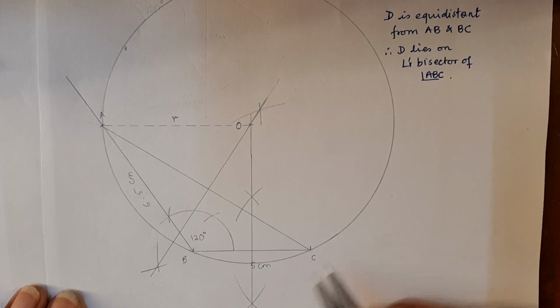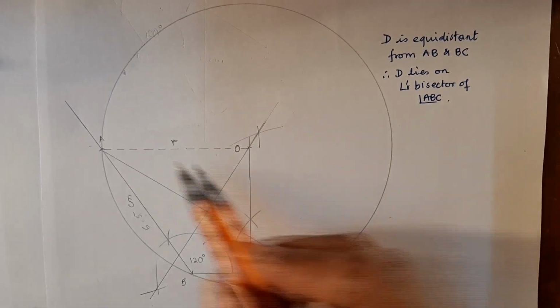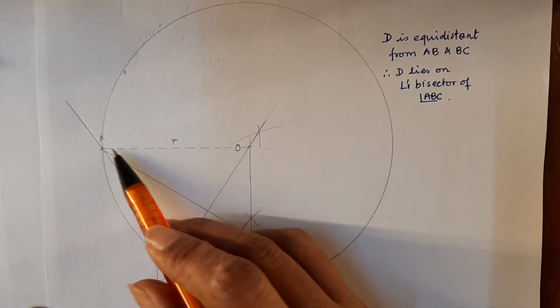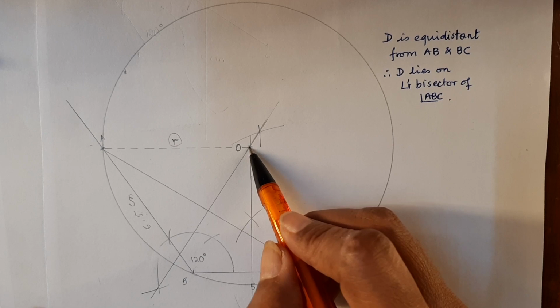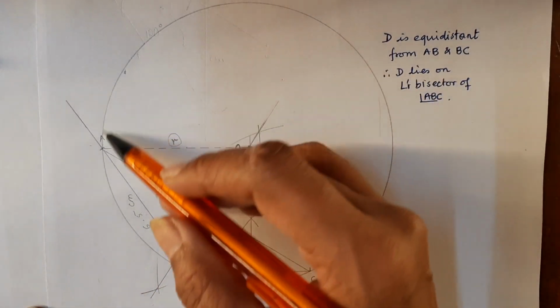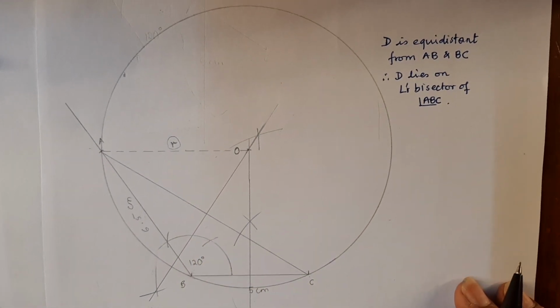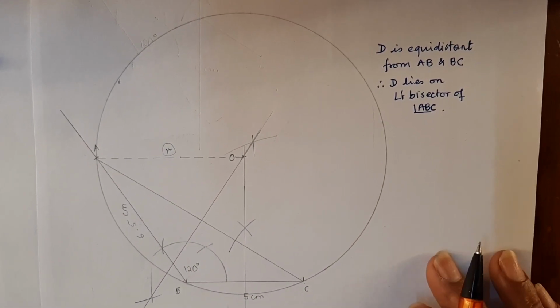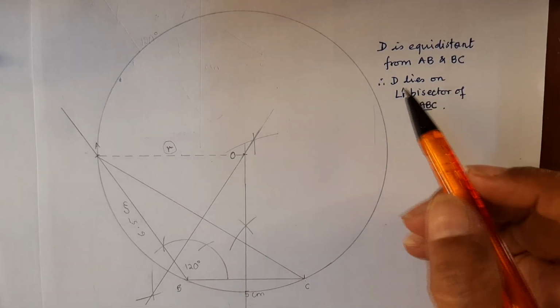Can you see over here? And then join them up. And then I have taken AO as the radius. See there? I've taken the center of the circle as O, and I have drawn the circle which is the circumcircle of this triangle ABC. Okay? Now, this was just to save on time, and now we have to come to the last step of